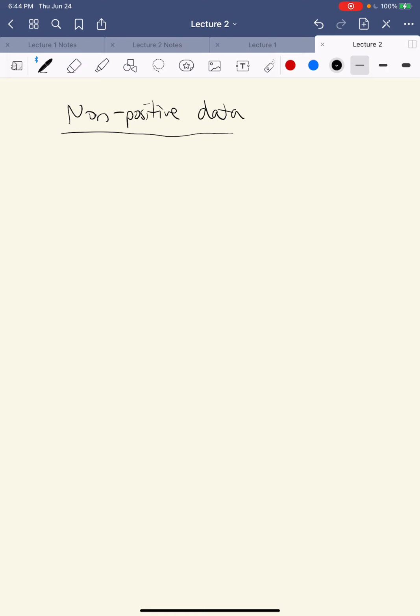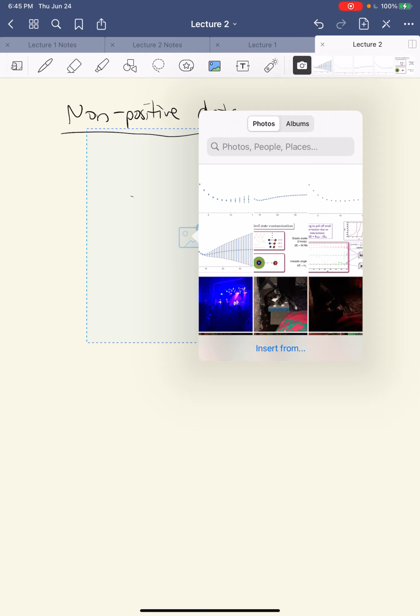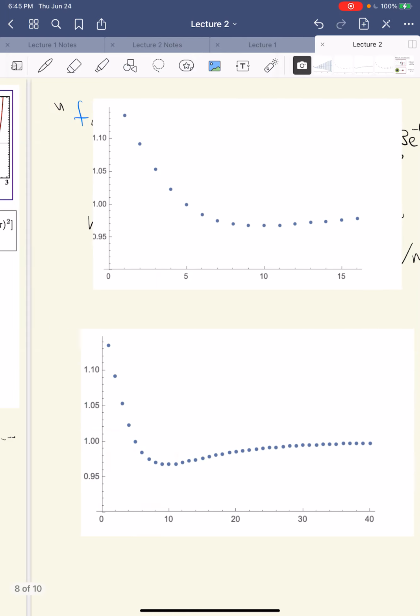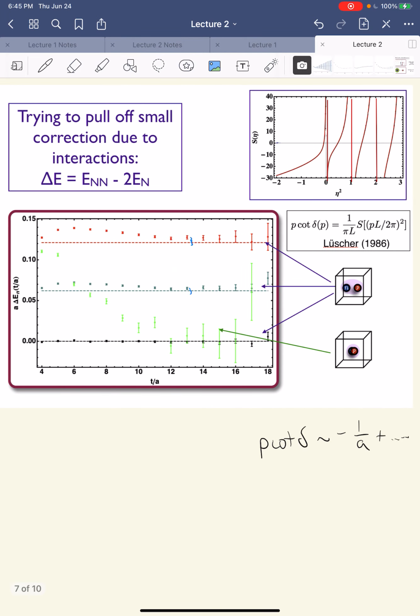But even more generally, if you think back to this thing we're trying to extract data from,